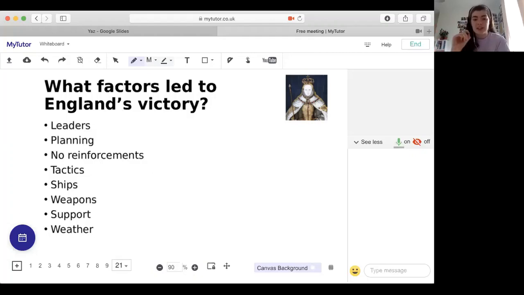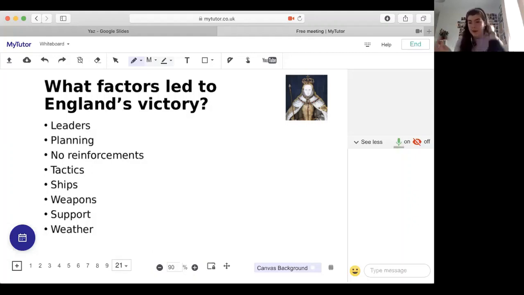The ships. So the Spanish ships were slower and less equipped for bad weather than the English ships. You've got to remember that for the English, one of the places that they train is the English Channel. That's their home ground. They know what they're doing there. They've done practice manoeuvres and everything out there. So they really know what they're doing in this terrain. They're used to the stormy weather. Whereas for Spain, they're used to practicing all of their manoeuvres in different climates and different bits of the sea. So they're fighting in foreign territory and England are fighting in their home territory.